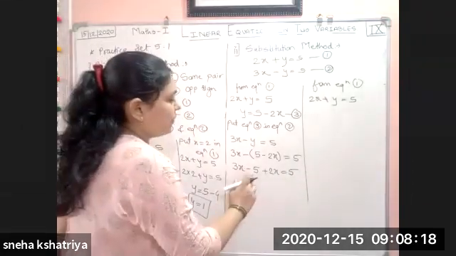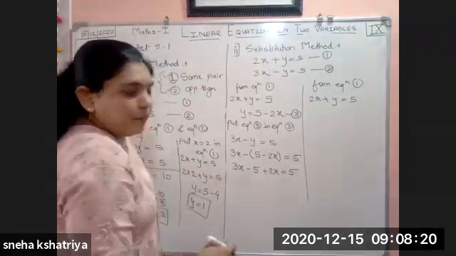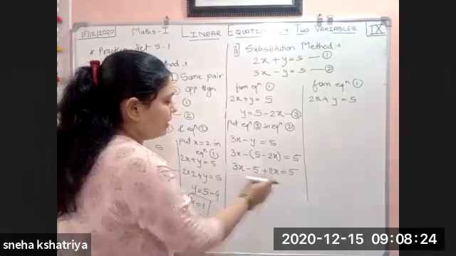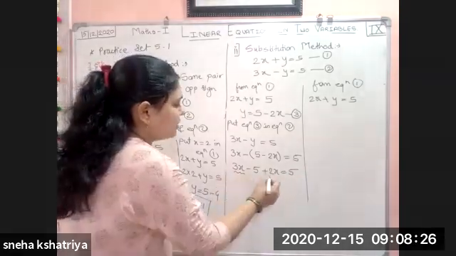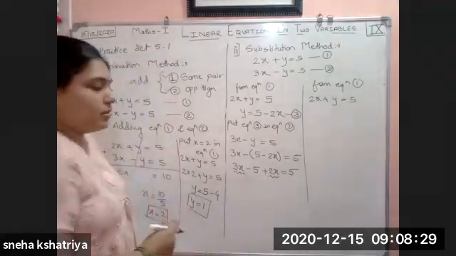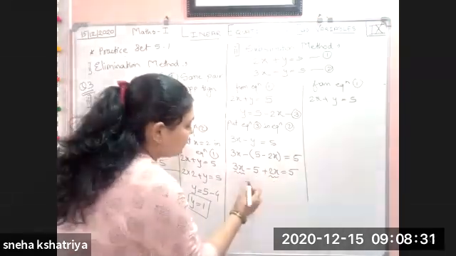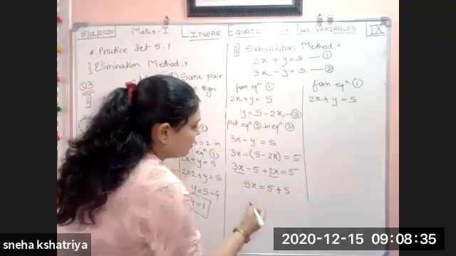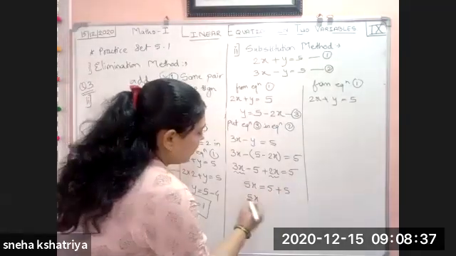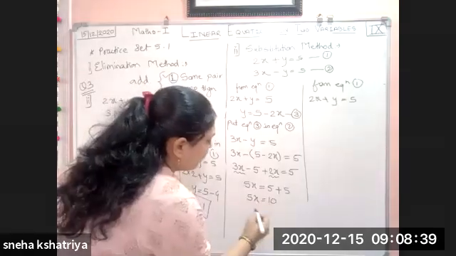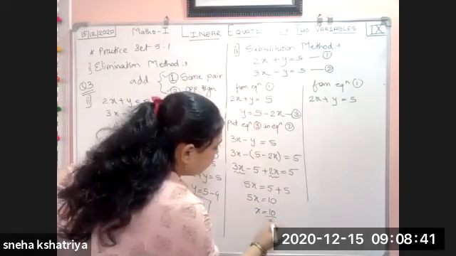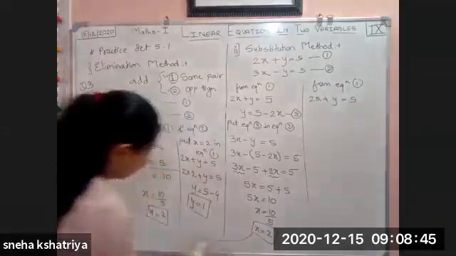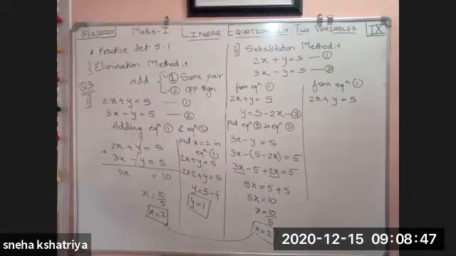Okay. This 5 shift to the right side. Constant number is there, so shift to the right side. Here x term is there. See here, this is 3x, this is 2x. So 3x and 2x, add them, we get 5x, which is equal to 5 plus 5. 5x is equal to 5 plus 5, 10. X is equal to 10 upon 5. X is equal to 2. See here. X is equal to 2.